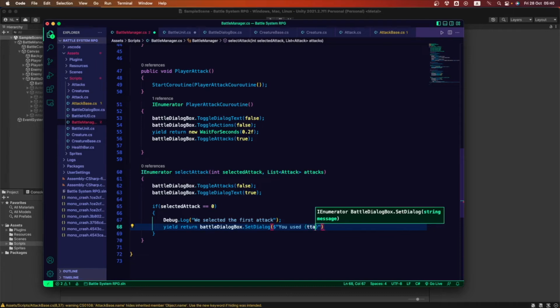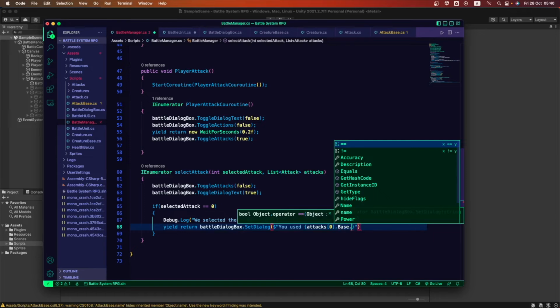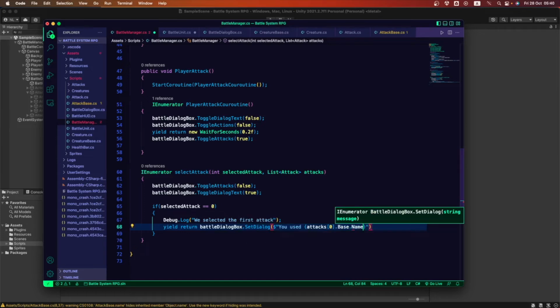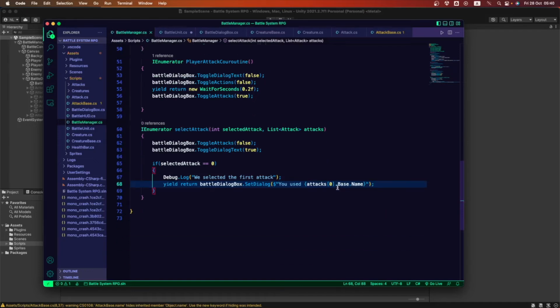We're gonna go into the attacks list, into the first space of this array, which is 0, and inside that we're gonna get its name, and that is what we're gonna write here. So we're gonna save this,